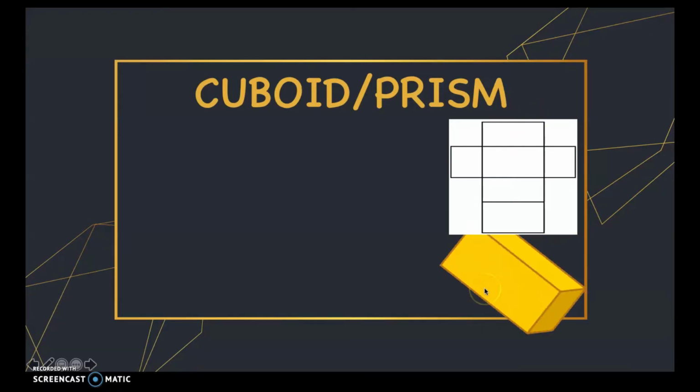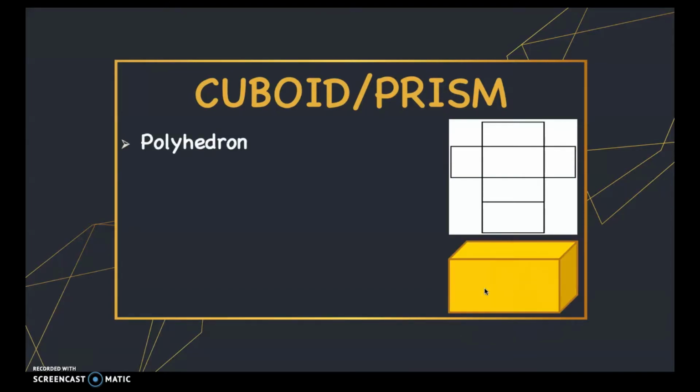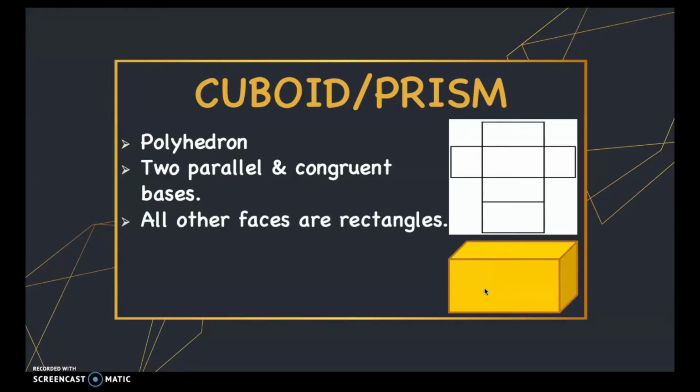Now, a prism or a cuboid is a polyhedron, and it has two parallel and congruent bases. And all other faces are rectangles. So as you can see here, we have two bases and they are parallel and congruent, meaning they are equal, and the rest of the faces are rectangles. Note that a base is a part of the faces. It is the surface of the solid object that it stands on, and it can be on the bottom or both bottom and